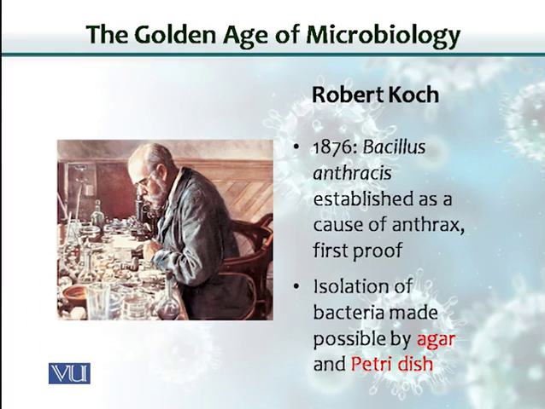Robert Koch was a German scientist, a microbiologist. In 1876, he discovered that Bacillus anthracis is the causative agent for anthrax in animals. He developed a technique for isolation of bacteria, and he used agar to solidify the medium in order to isolate the colonies of the bacteria. And he also used the Petri dish, which we normally use now in our lab for the isolation of microbes. This was